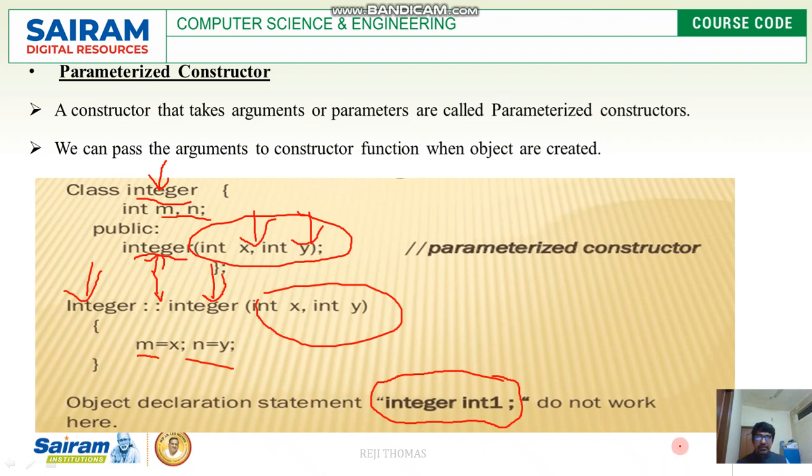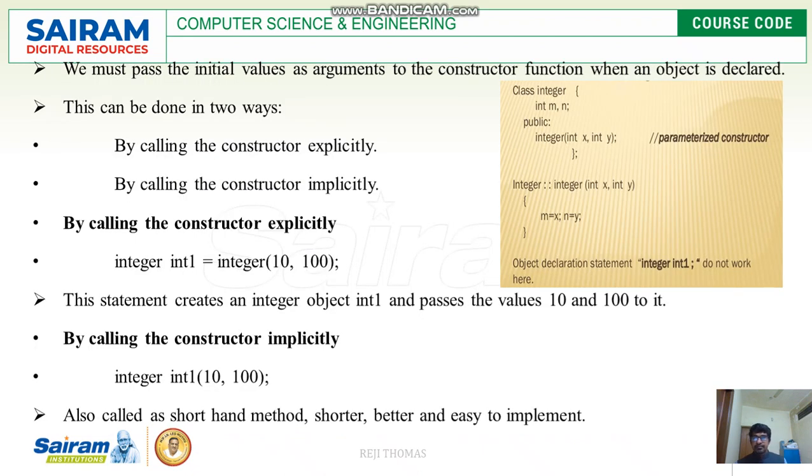For this object we just created, int1, this constructor will not work. For this only the default or zero argument constructor is going to work. We do have a constructor, that is right, but it is a parameterized constructor. So let us see what happened with this.